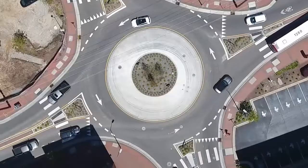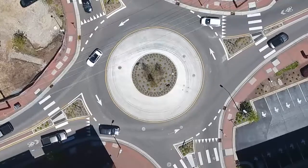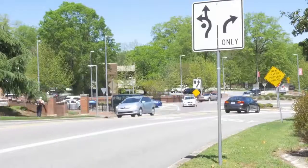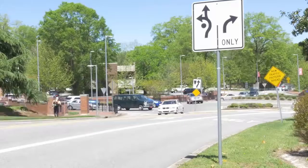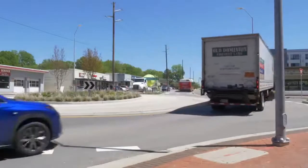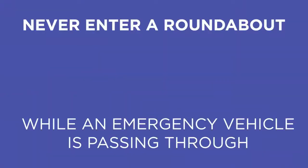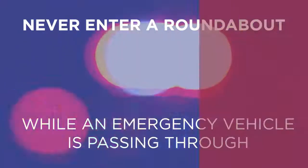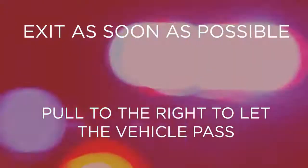Once inside a single lane roundabout, simply exit at the desired street. When approaching a multi-lane roundabout, observe signs and pick the appropriate lane before entering. Remember to give larger trucks and buses extra room. Never enter the roundabout while an emergency vehicle using lights and sirens is passing through. If you are already in the roundabout, exit as soon as possible, then pull to the right to let the